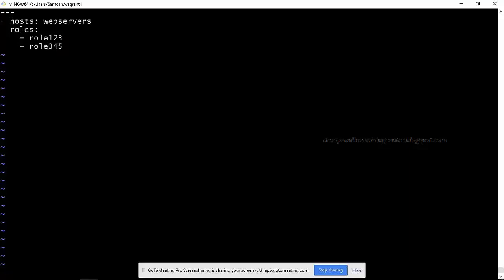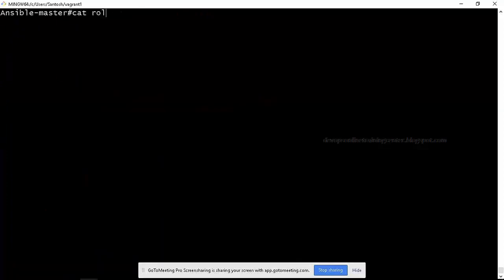So I just created three roles. Some roles I just want to execute on the group called web servers. So done. So this is my playbook. Simply it has just the roles information. What is the role we created? Role xyz.yaml.